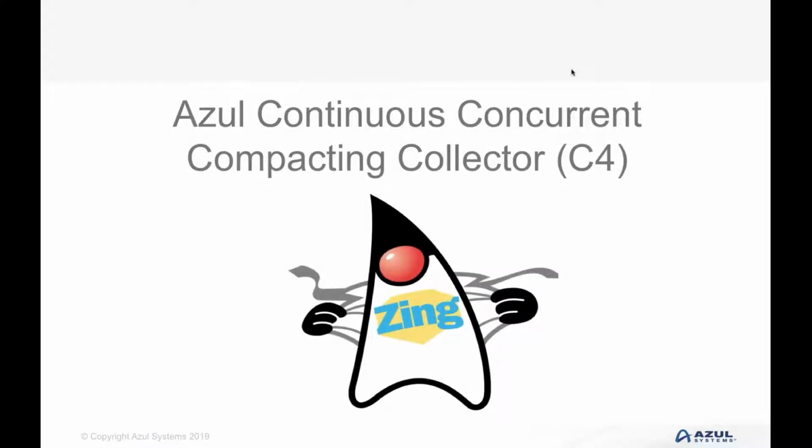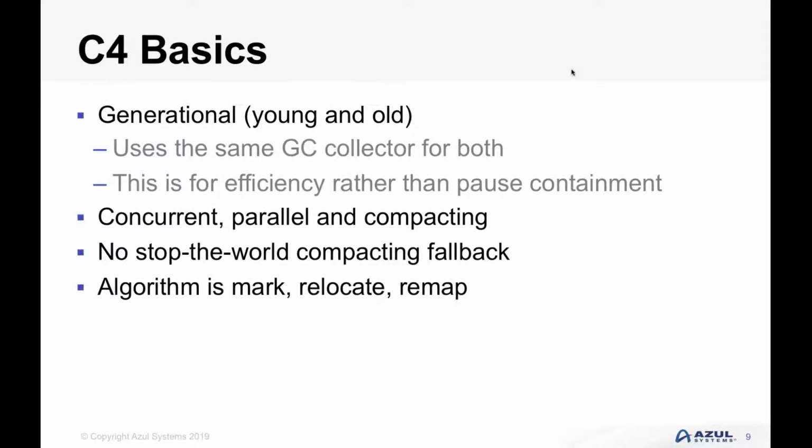So let's talk a little bit more detail about the C4, the Continuous Concurrent Compacting Collector. The basics of this are similar in some ways to other garbage collectors. And one of the big things about garbage collection is how the heap is organized. So rather than it necessarily being one big space, most garbage collection algorithms organize it into what are called generations. And you have a young generation where objects are first allocated, and then you have an old generation where once objects have been garbage collected a few times, or they've survived a few garbage collection cycles,